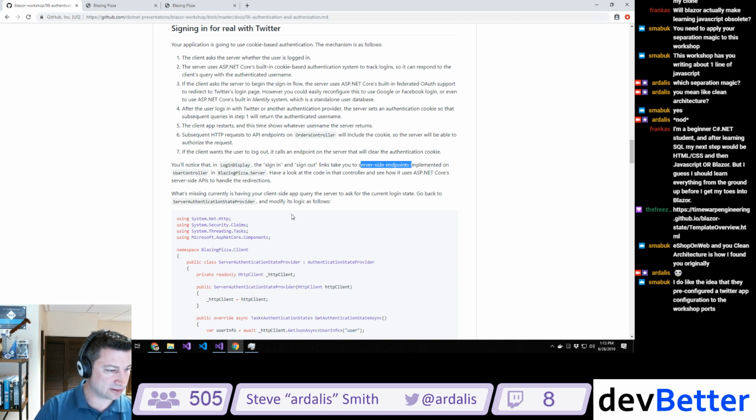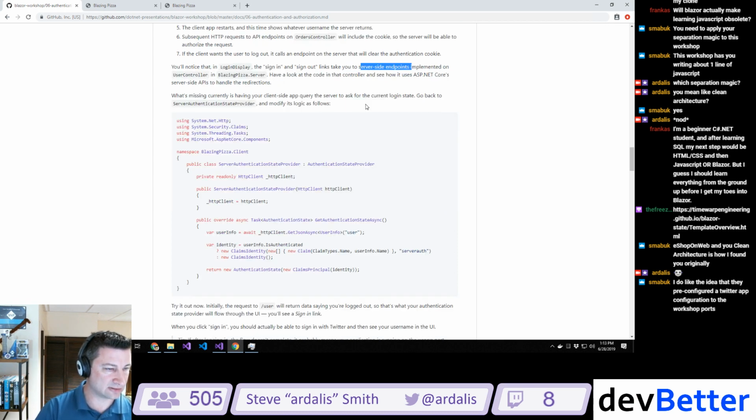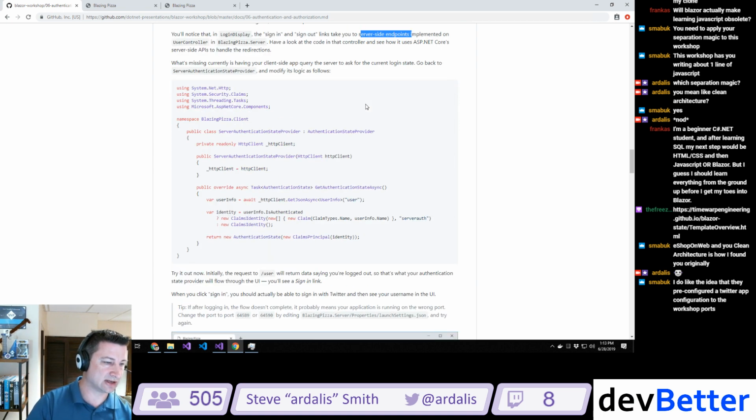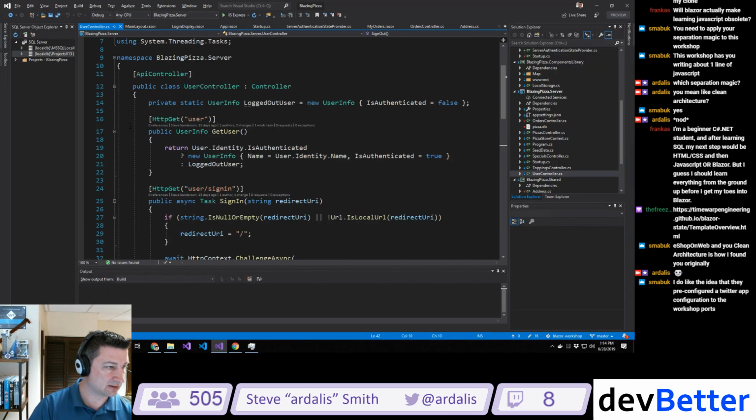What's missing currently is having your client-side app query the server to ask for the current login state. Go back to the state provider and modify its logic as follows. Here we're going to inject an HTTP client, and we're going to call the server to get JSON on user info with the user endpoint. So that's this other endpoint that we see here. It's going to call this method,